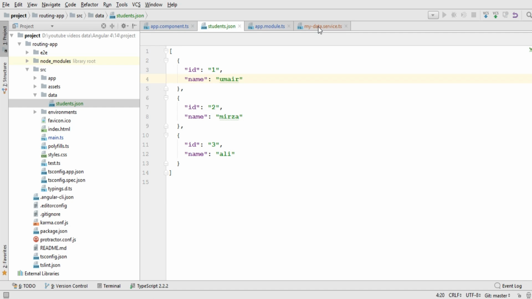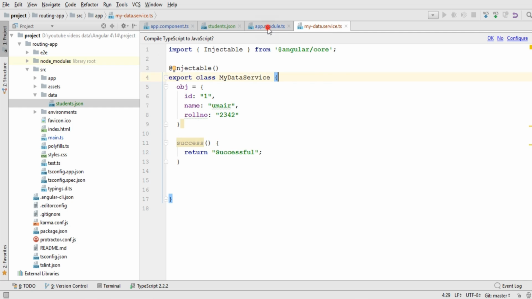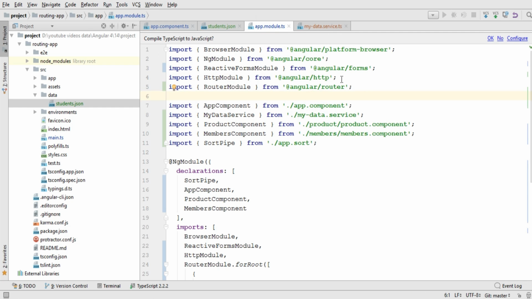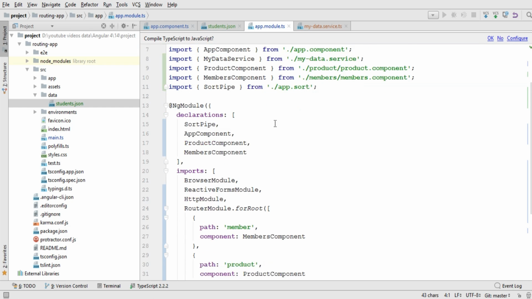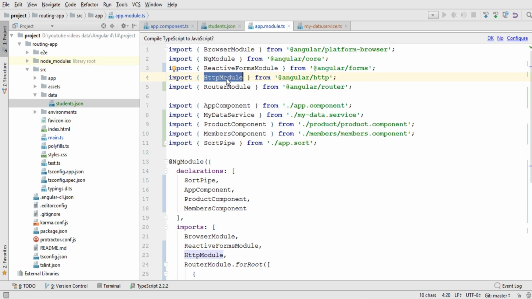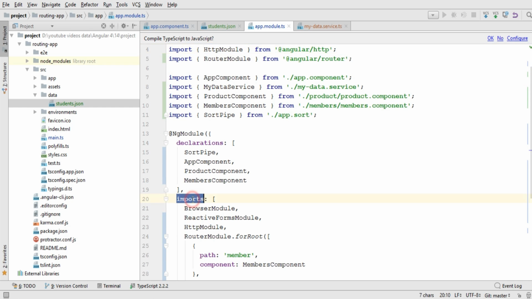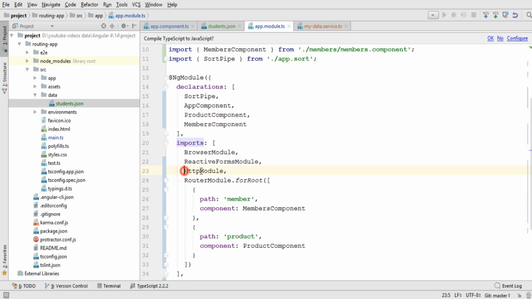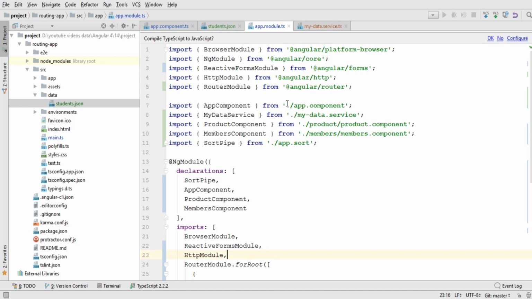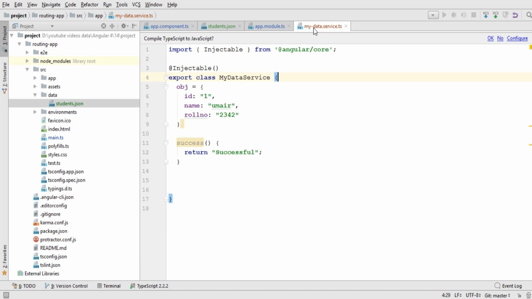Right now, what I need to do is, first of all, confirm that in the app.module.ts file we are importing this module, HttpModule, from this library. Make sure this has been imported in your file, and once it has been imported, we need to add it in the imports array. This has been added right here. Once this is verified, let's come back to our